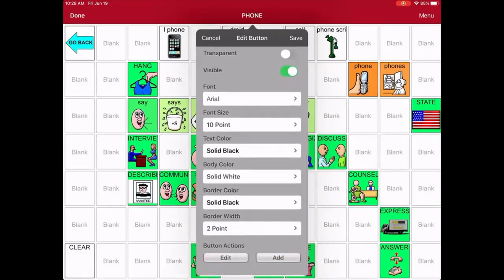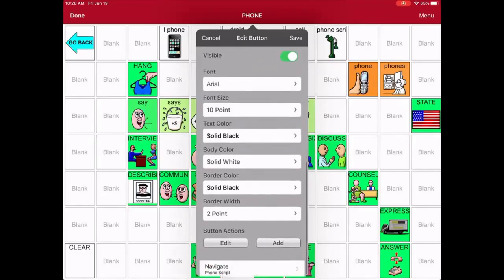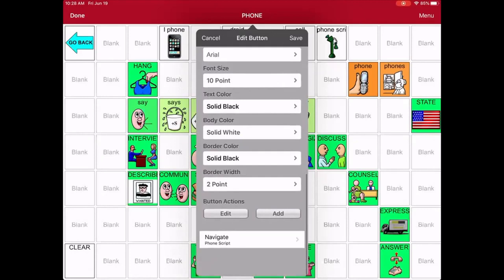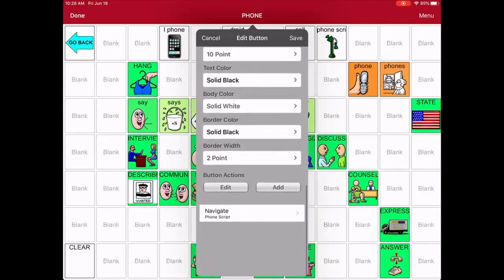And then I said, so this button here, I'm going to leave all these preferences the same. So it kind of looks the same for all the buttons. But what I need to do here is, at the very bottom, I need to add an action. So if you click on add an action,